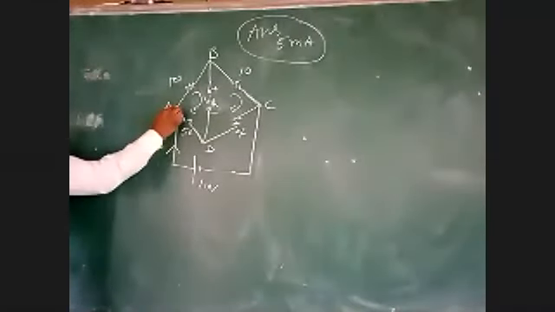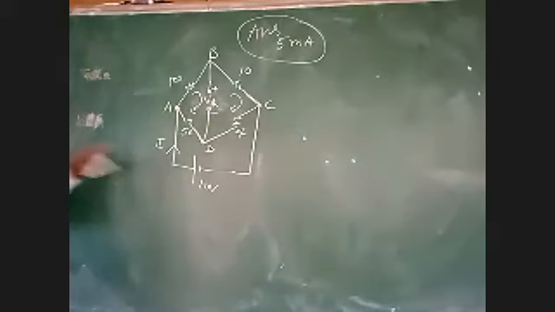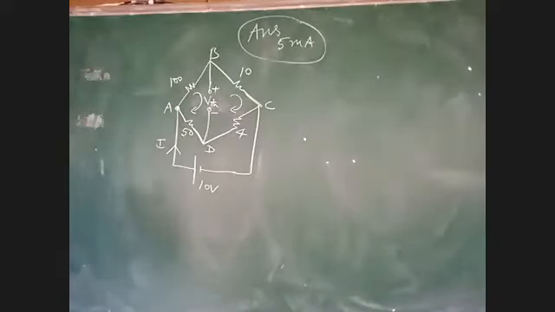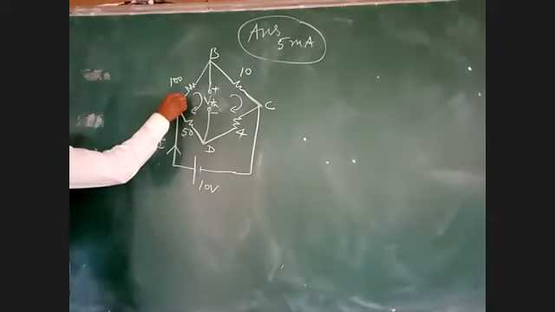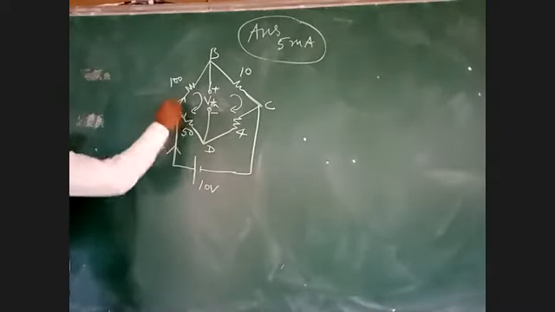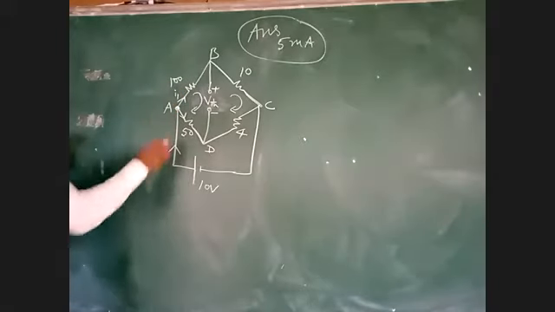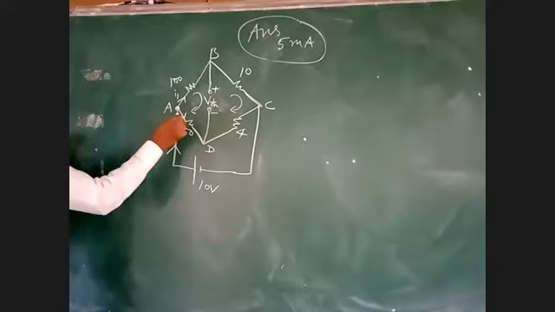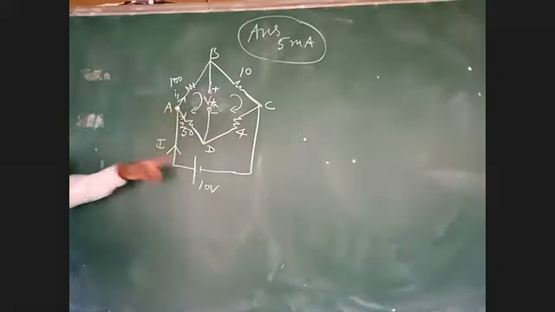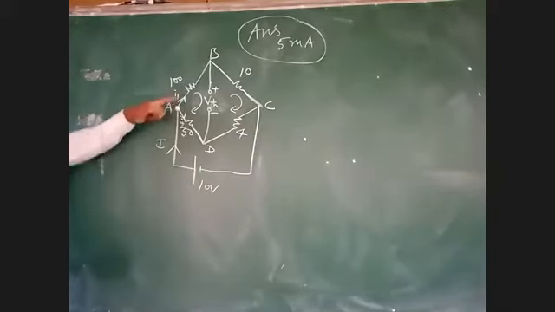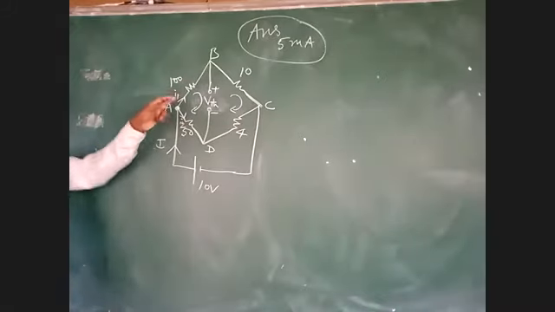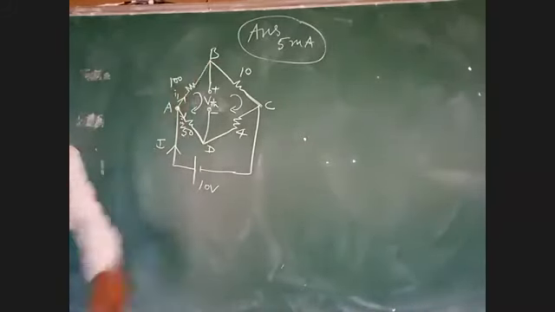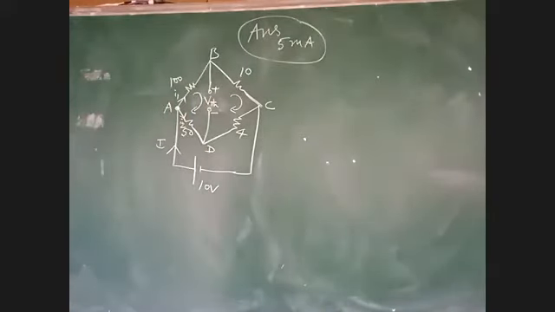Now this current is coming to this node point, and here this current will divide. Let us take this as I1 and this as I2. The total current delivered from the battery will divide in these two branches as I1 and I2. Now this I1 will come here. Will the current divide at point B or not? It won't divide. Why?